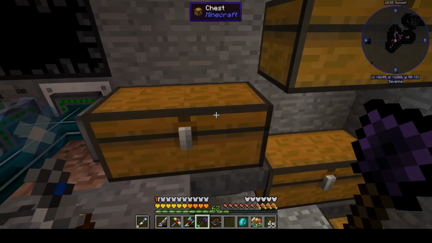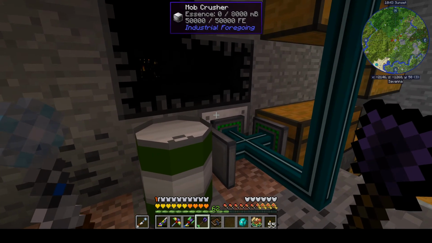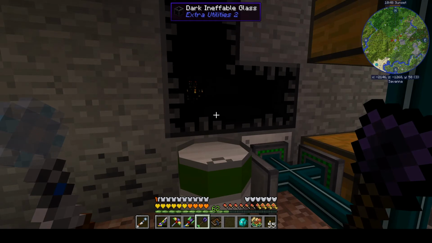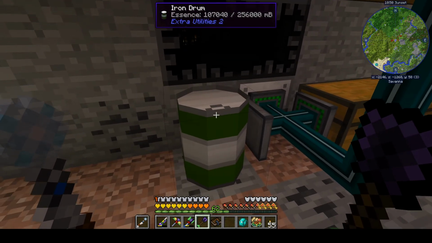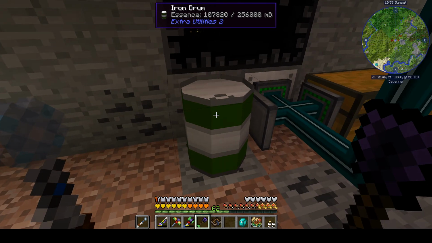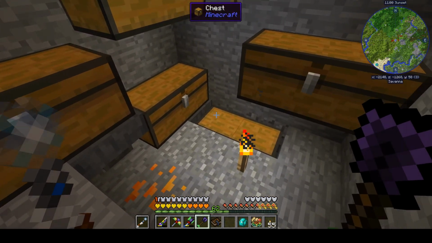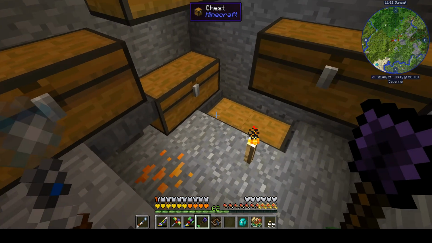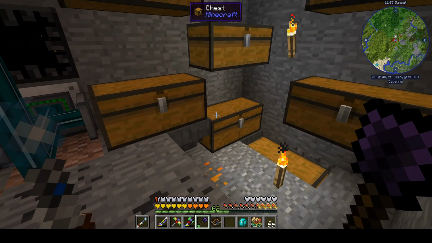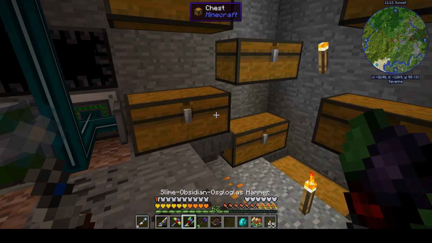So last time we set up a little semi-automated mob farm here. We've got the Industrial Foregoing Mob Crusher crushing the spawns from this zombie spawner, turning them into essence, of which we have 107 drums worth already, and then dumping the items they drop down into this cascade of hoppered chests. So since the last episode, I took about, I would guess, maybe 30-40 minutes to